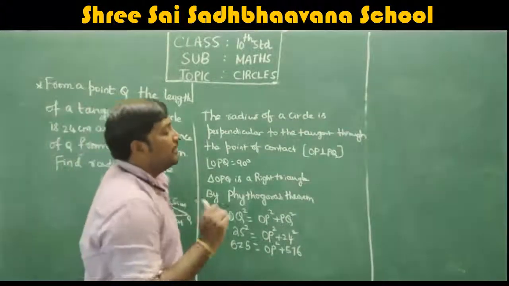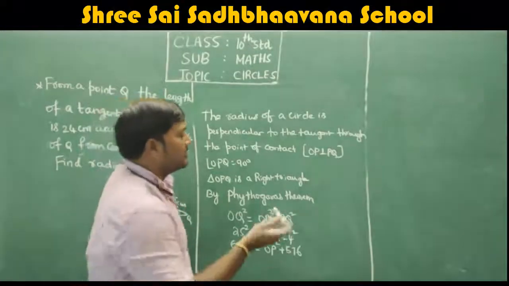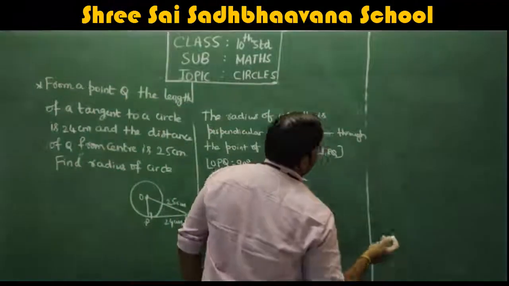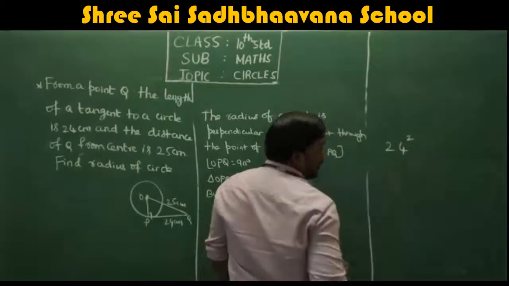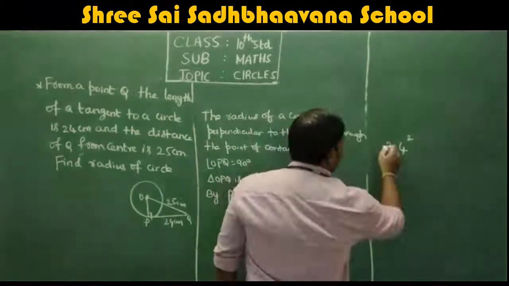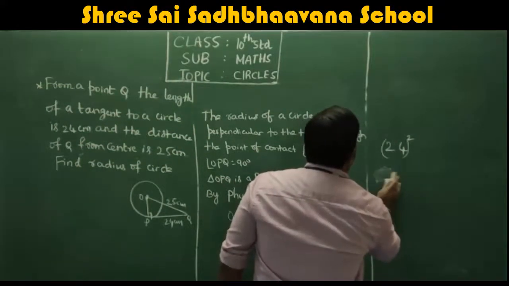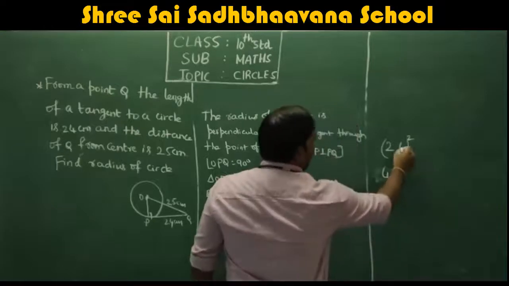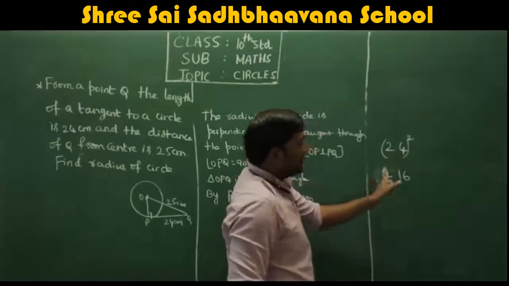I'll teach you an easy way to find squares. I think I discussed it with you in the class also. See, I'll discuss that here. 24 square you have to find. Easy trick is take the square of 2. What is the square of 2? 4. And find the square of 4, 16. Correct. 2 square is 4, 4 square is 16.